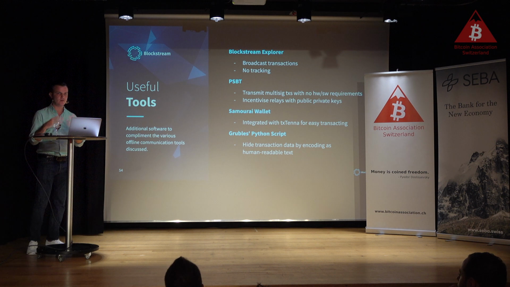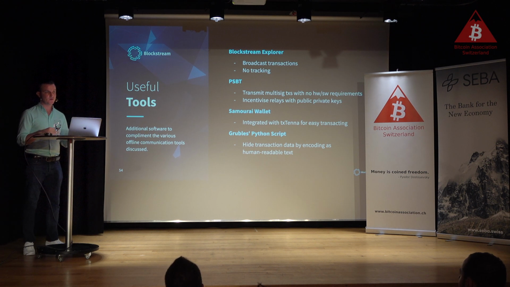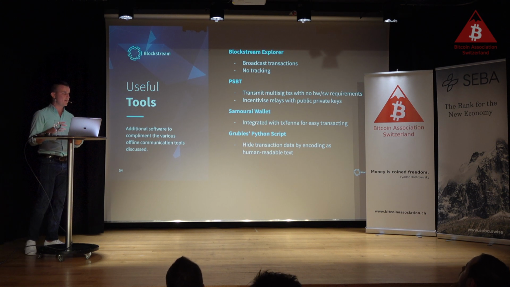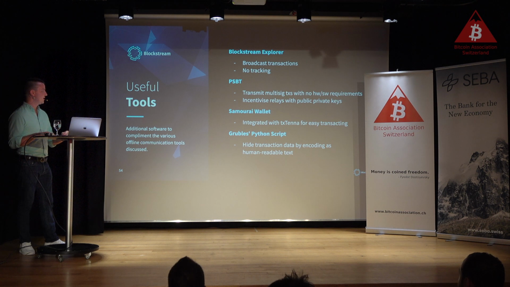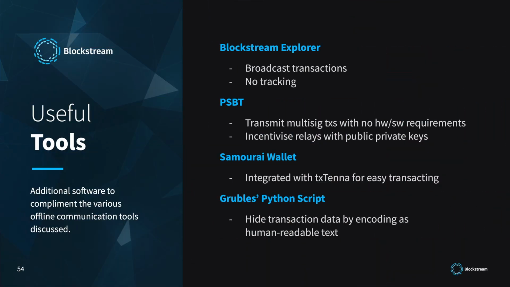It doesn't have any tracking, no Google Analytics, anything like that. It's also based on an open source code base called Explorer, so anybody can set up their own explorer and use these features. For example, Bitcoin Magazine's Block Explorer is using Explorer. Another really promising technology for use with offline Bitcoin transactions is PSBT, partially signed Bitcoin transactions. It provides a really nice standardized way of creating incomplete multi-sig transactions and passing those around on